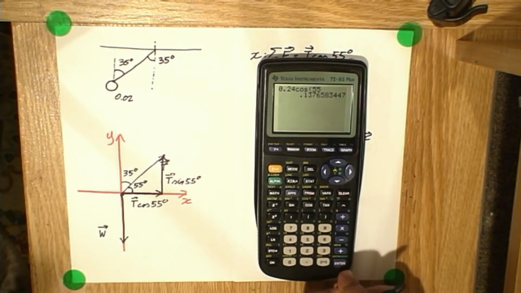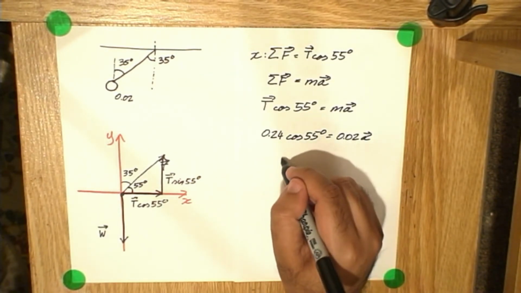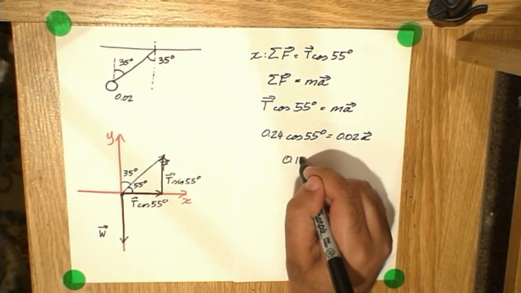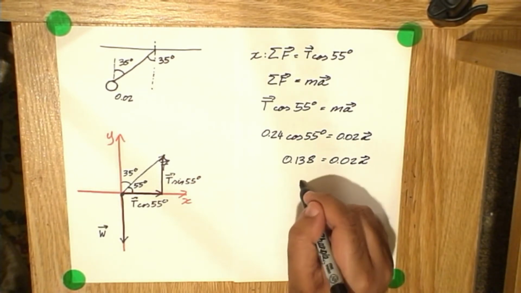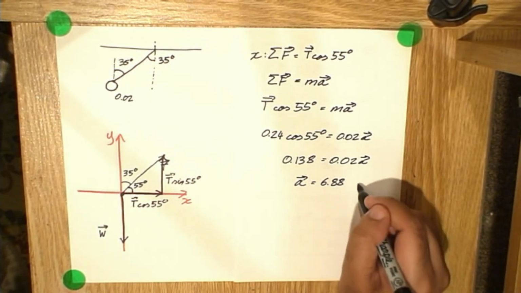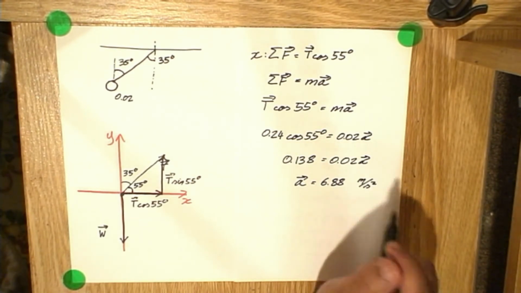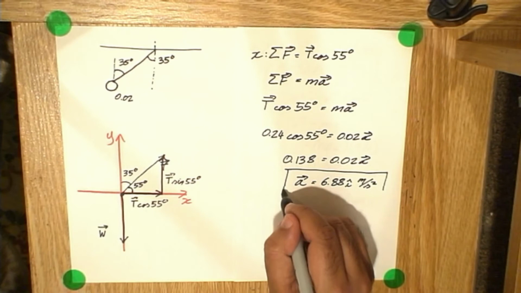0.44 cos 55 is 0.1376, and then divided by the mass, which is 0.02, we get 6.88. So the left side was 0.138 is equal to 0.02 acceleration. So the acceleration was 6.88 meters per second squared, and more specifically, it would be in the i hat direction because the acceleration is